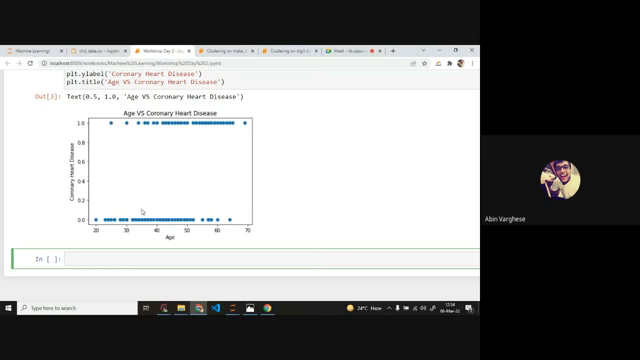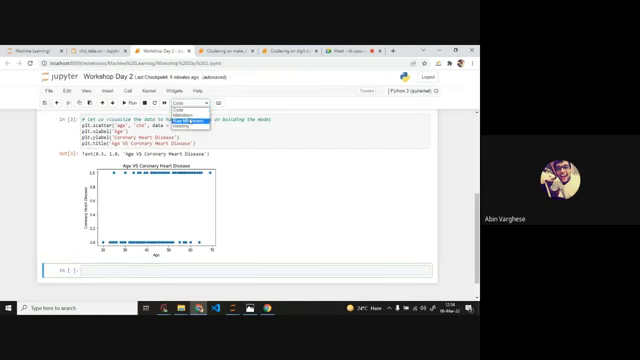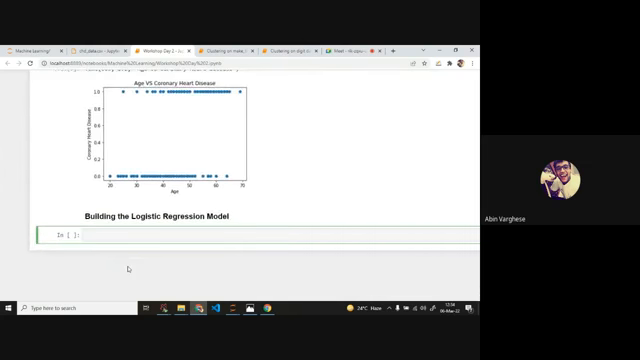Okay, so here we are going to build the logistic regression model. So I will first split the data set into training and testing set. So if you recall yesterday's example,